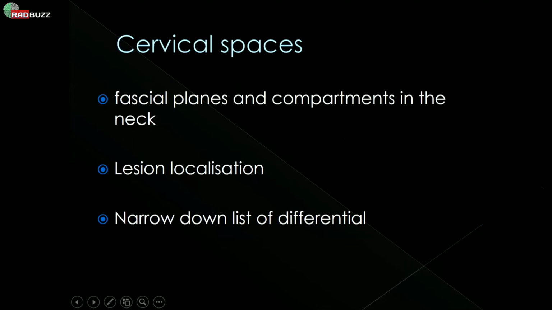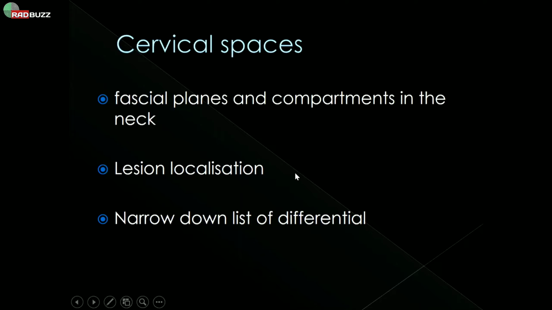So these neck spaces are called cervical spaces. Basically, these are the fascial planes and compartments in the neck. The neck is a very complex structure. It has many communications, like spaces, neurovascular bundles, and bones, which communicate above with the head and below with the thorax. So what we need to know is how these spaces are divided, and the importance of these spaces will be